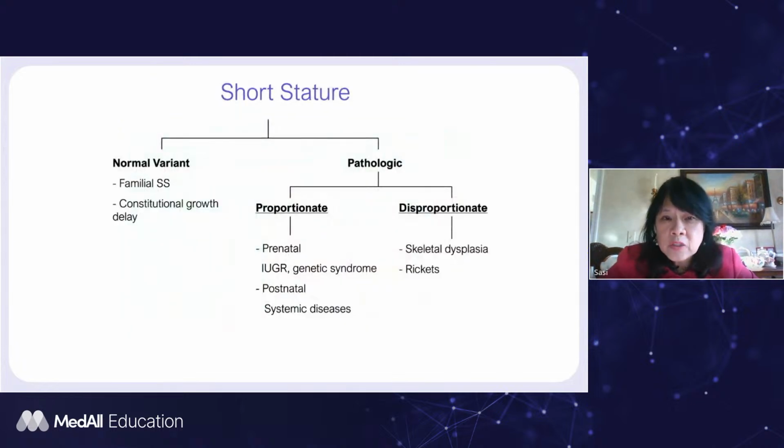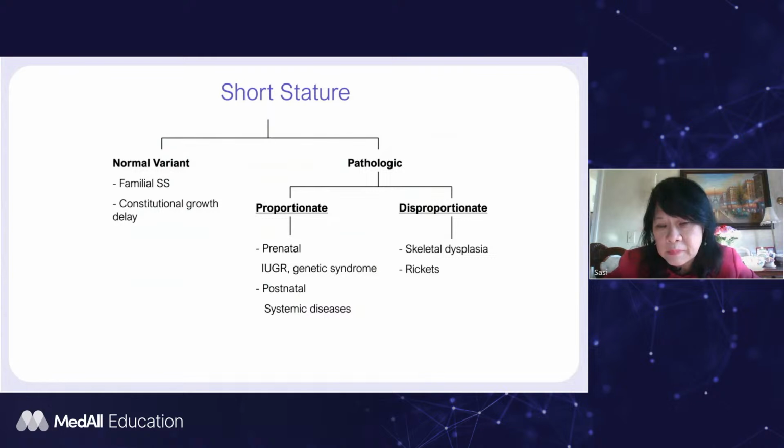So if we evaluate short stature, we should approach by thinking about what the causes of short stature are. We have quite a large number of patients that present for short stature that turn out to be a normal variant,